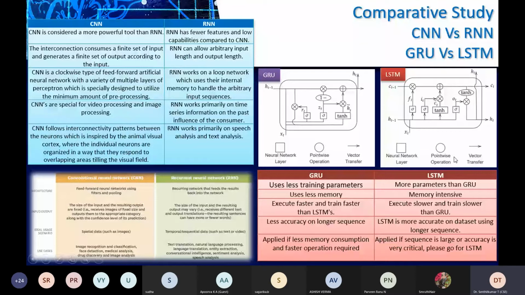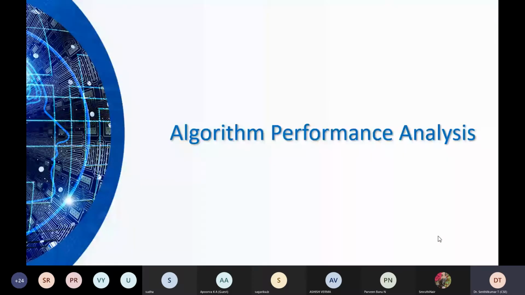Fine. So the last one is simple. Any memory computing problem can be taken up in the case of GRU. The same is applicable for LSTM also. So the conclusion here is LSTM has higher accuracy compared to GRU, right? So when you want to compare the performance of any algorithm, as we told you in the last class,